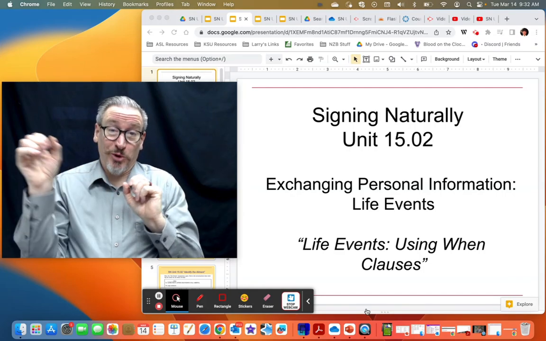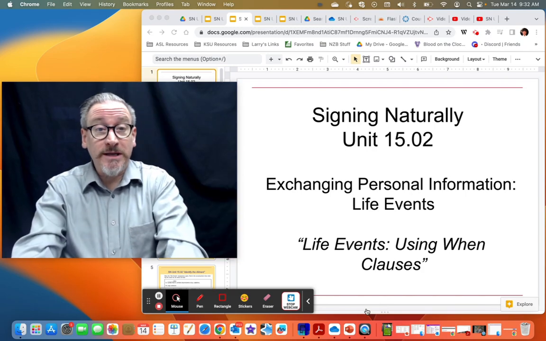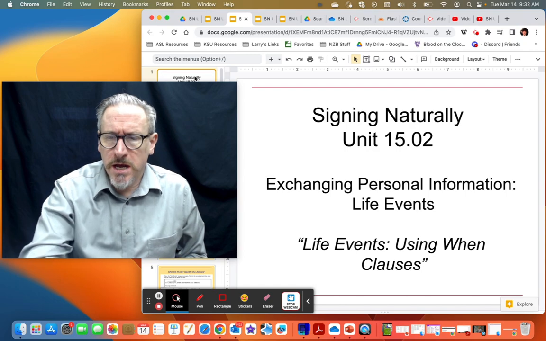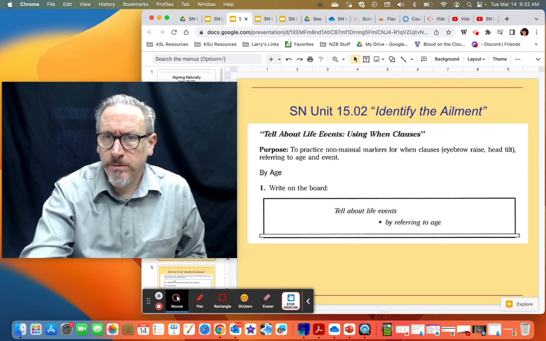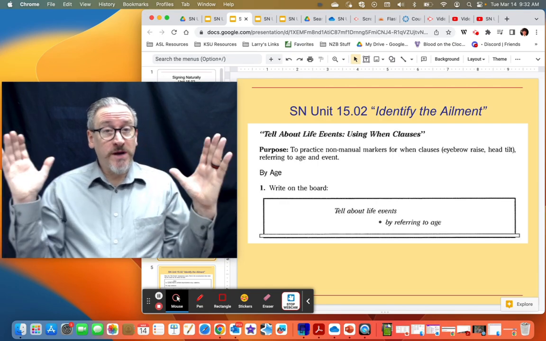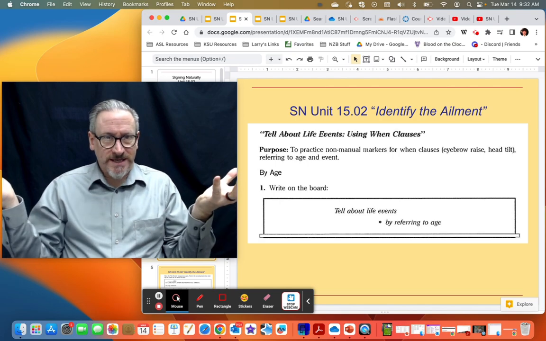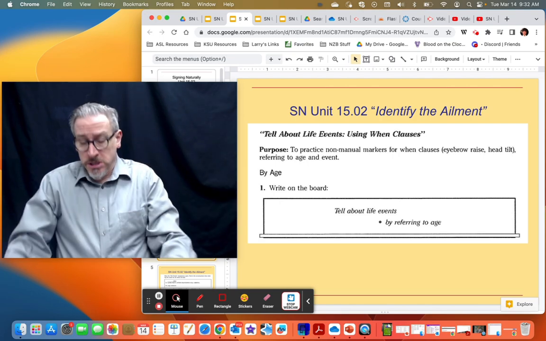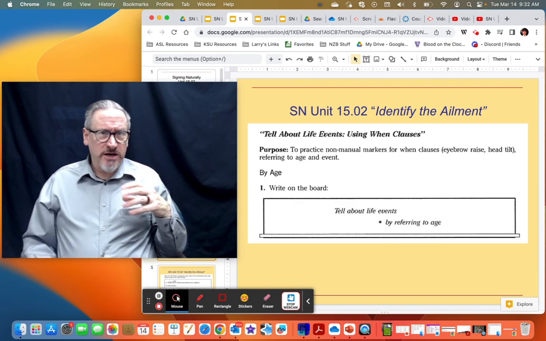As I said, we're going to be coming back to this Jose story. So now we're really going to go down into the when clauses and give some more specific examples. There's different ways, as I mentioned in the last one, of how we organize our storytelling. And we do it naturally in English. We somehow learned. And now we're going to practice doing it a little bit less naturally, a little bit more